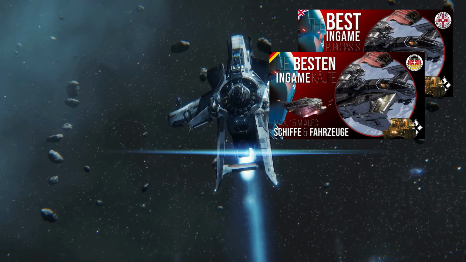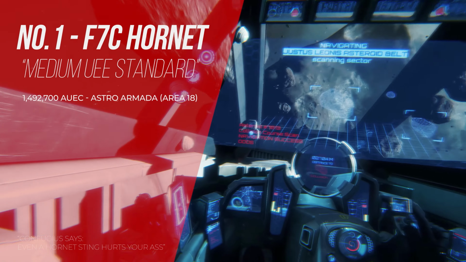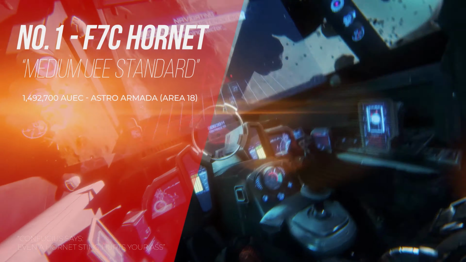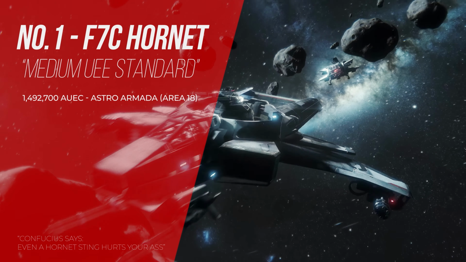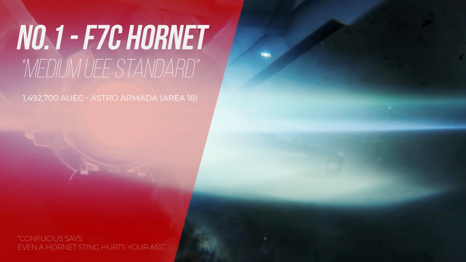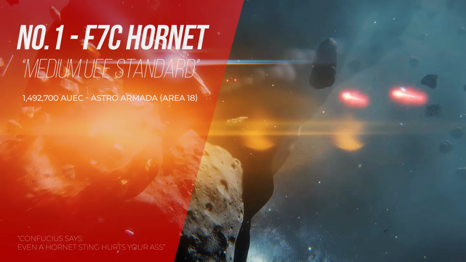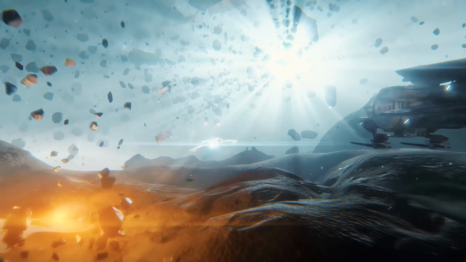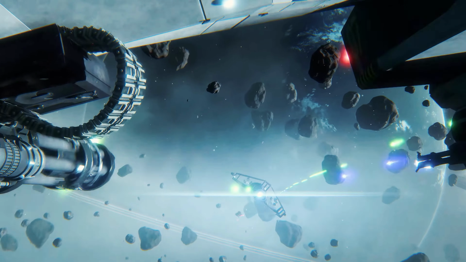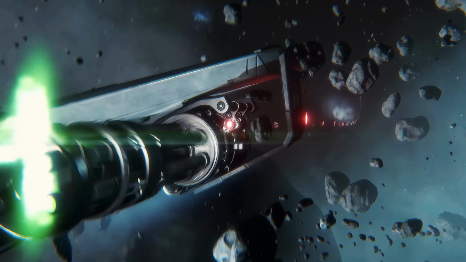We start with the F7C Hornet, a medium fighter, which is also the standard for the UEE Navy in this sector. With the Hornet, you will find a very solid fighter, which has a good mix of maneuverability and firepower. The Hornet is available in many different variants, whereby the F7A as a purely military version is initially withheld from us players. And with the Super Hornet, we even have access to a 2-seat variant, however, this is even more